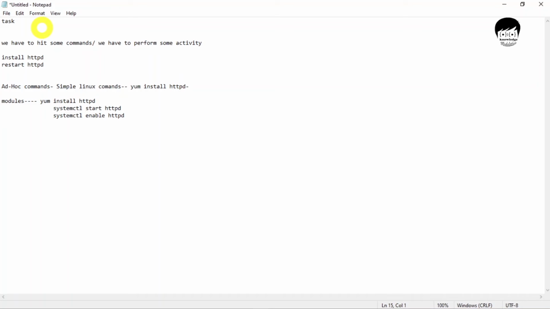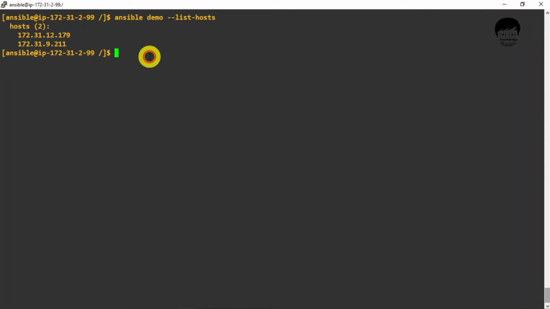I'm just explaining an example here. This is not the actual way to write modules. Then we can work more confidently and efficiently with playbooks, which consist of a number of modules. Just remember these things. I will show you one by one in the upcoming videos. We'll try to hit some commands and configure them, but for your extra knowledge, I will share this with you. So we'll keep it minimized, and I will try to hit some commands.